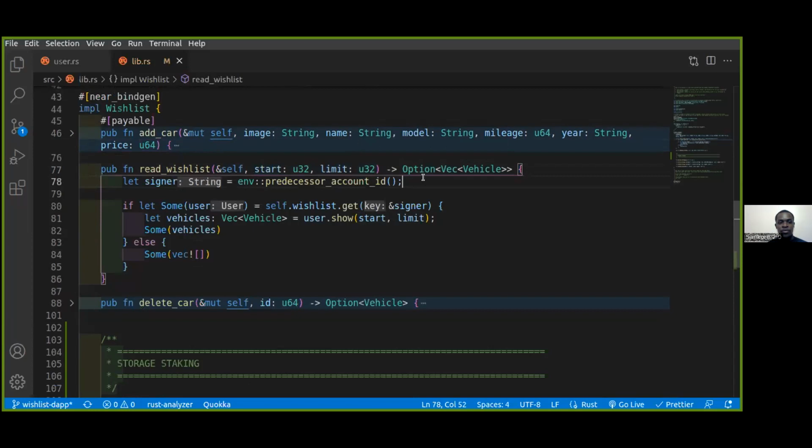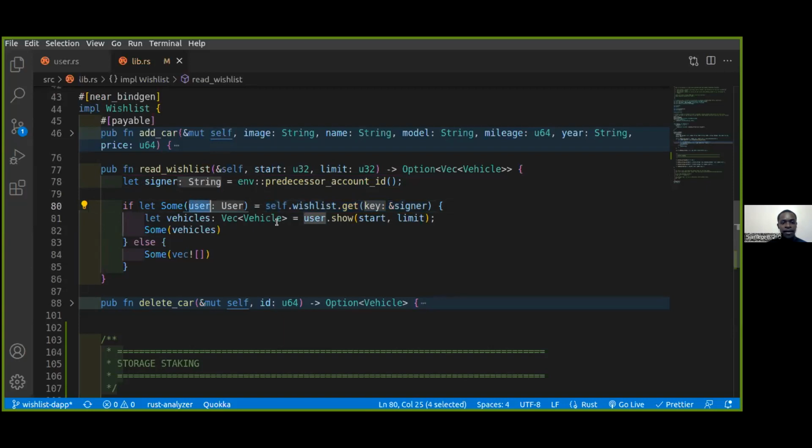Now, for us to be able to do this, we first of all capture the wallet address or the signer, whoever is signing this particular transaction. And that is how we go about it, line 78. Then after doing that, we want to check if this user has a record existing in the database. And if they have a record existing in the database, then we'll go ahead and retrieve that particular data. However, if they don't have a record in the database, then we're basically going to return an empty array. So line 80 is basically checking if they have a record in the database and retrieving that record if it is found. Then we store it in the user